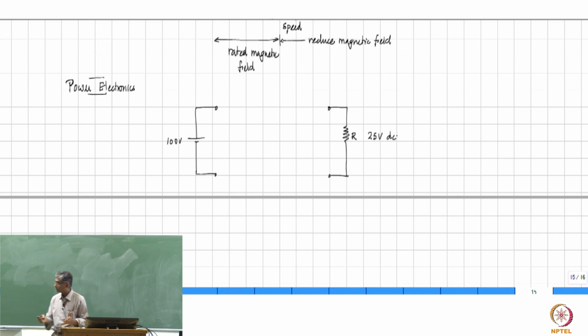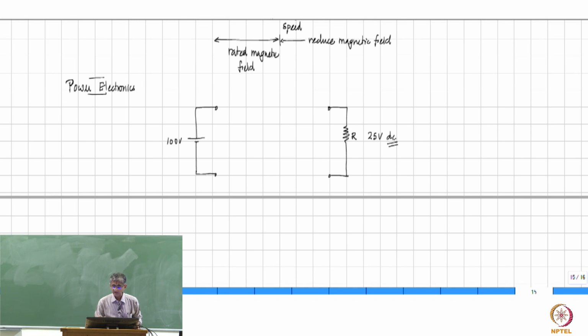Now, as we said earlier, what can be done is you can simply connect another resistor in series, and you know the value of this resistance. So the other resistor can be very easily determined. A simple law of potential division will tell you what should be the value, but it is a hopeless exercise because it will be a highly inefficient circuit. In order to supply so much to this resistor, you will dissipate much more in the other resistor, and it's a useless situation. So now the question is, we need to understand certain things.